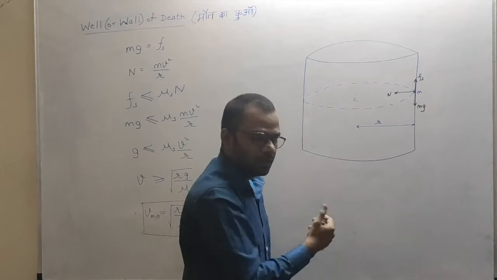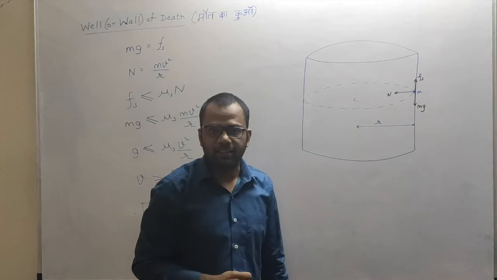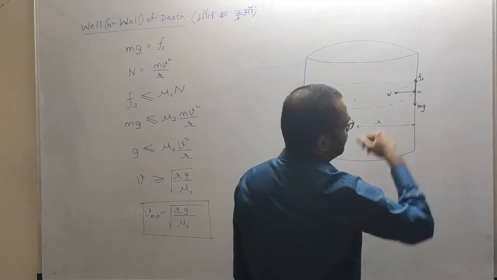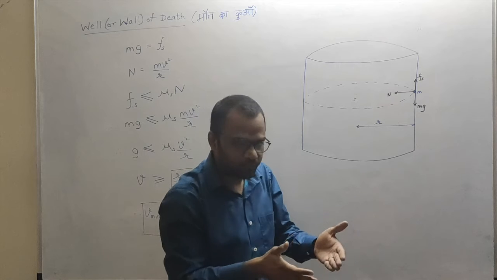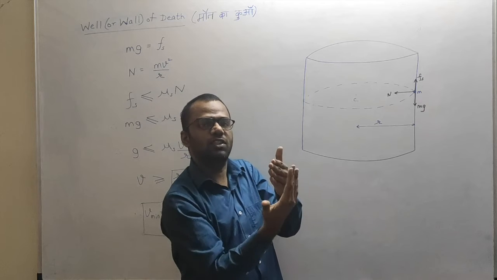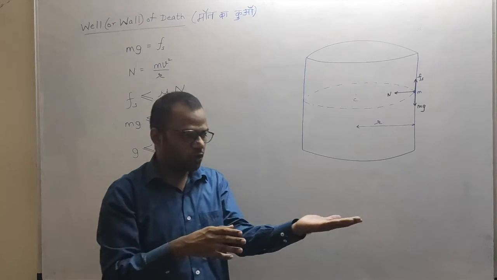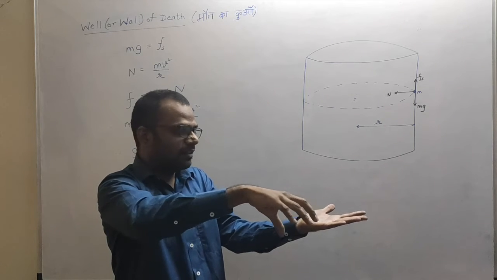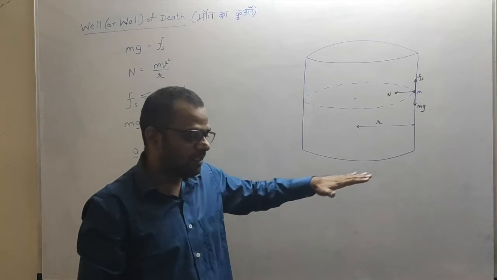Now why does the rider not slip down? Because there will be a friction force that is acting in the upward direction. Getting this? This force will be static force of friction. See, the driver tends to go down. It's not going down because it is being opposed by the friction force, but it tends to go down, and hence the direction of friction force is in the opposite direction. As we have also seen in the previous example, if there was no frictional force between the tires of the vehicle and the road surface, the vehicle would skid, right? Because I had given you the example of oil being spilled on the road.